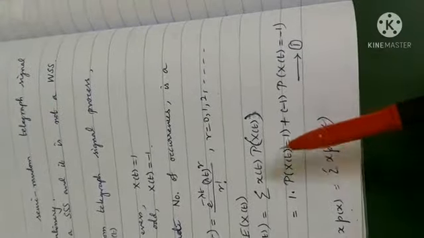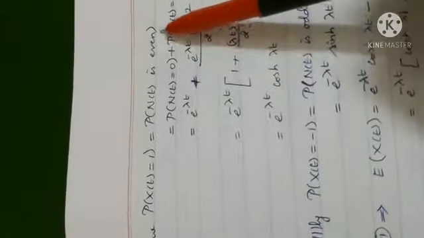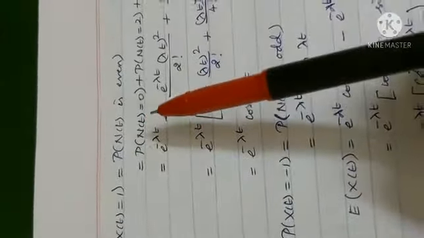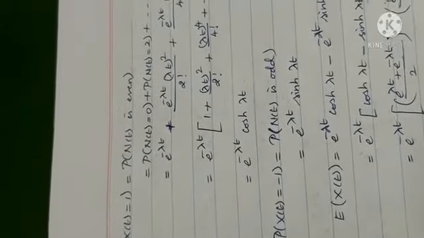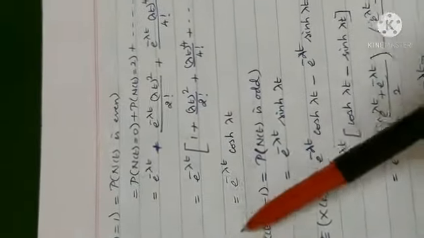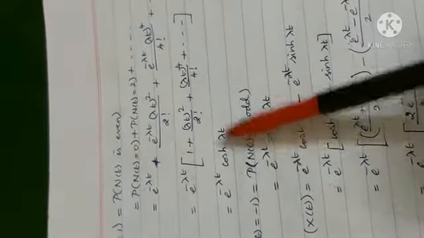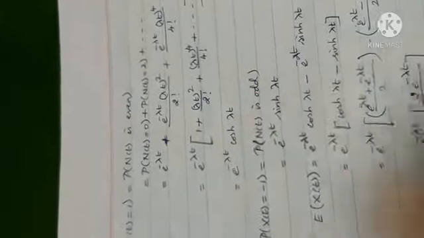So let us first find p of X(t) equal to 1. X(t) will be 1 when N(t) is even, because X(t) is (-1) to the power N(t). That is, N(t) is 0, 2, 4, etc. We know N(t) is a Poisson process. In the definition of the Poisson process, let us substitute. Take e to the power minus lambda t common. This is the binomial expansion which is cosh x, where in place of x it is lambda t.